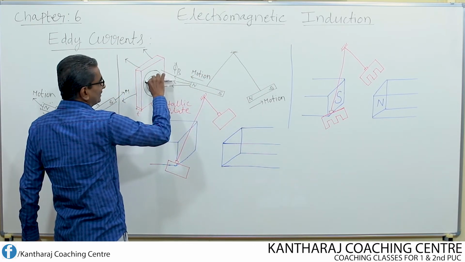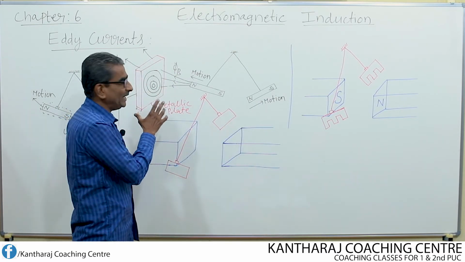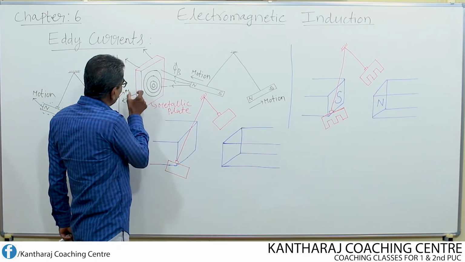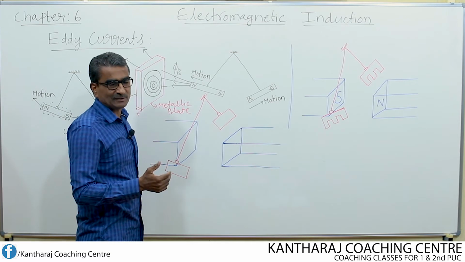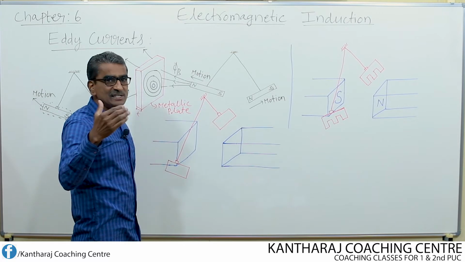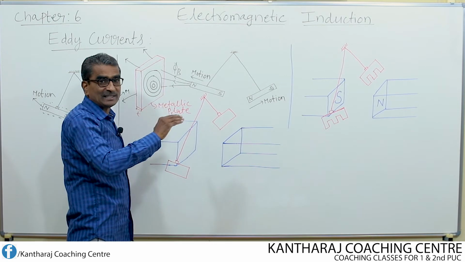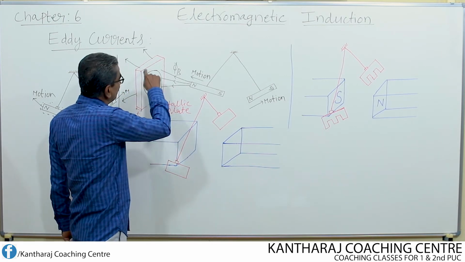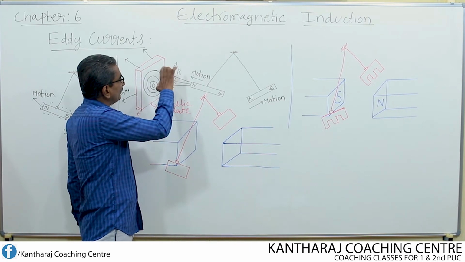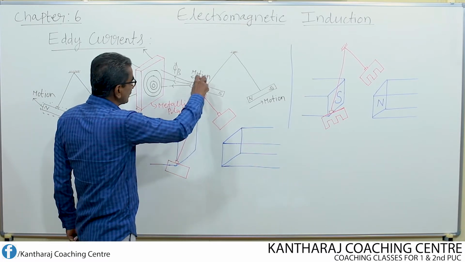Or else we can even move the magnet like this. If we move the magnet like this, or if we withdraw the magnet like this, then also on the surface of the thick plate there will be induced current. That means whenever we keep a thick metallic conductor in the form of a plate in a changing magnetic field or changing magnetic flux, then on the surface of the plate a current is induced because of motion of the free electrons of the metallic plate or conductor. So the free electrons of the metallic conductor are set into motion because of change in flux.